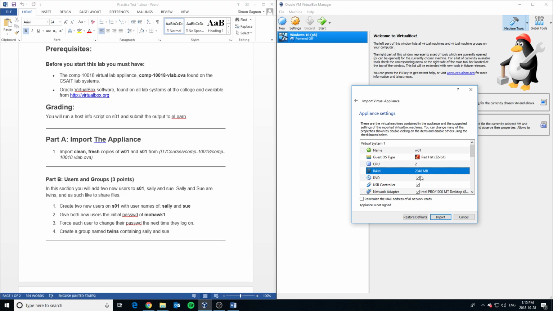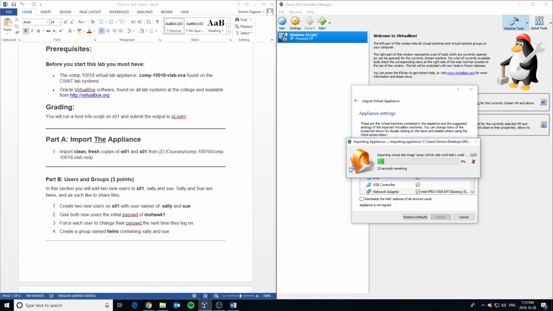Alright, so now that I've done that, I'm going to click import. And we will see that it's going to take its time to import. It may take a little bit longer for you, so I would definitely make sure that you do this before the test actually begins. So get to class early because this can take a long time in itself. Once it does import, start each of the virtual machines one by one. That way you're not slowing down your machine, and you definitely don't want your machine to be slowed down during